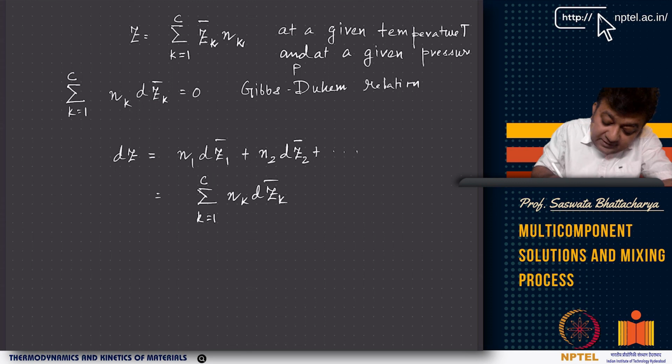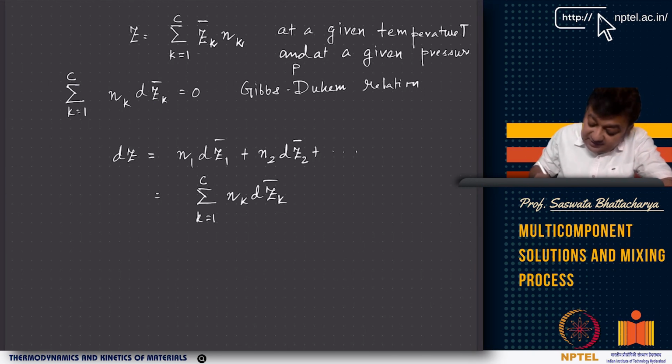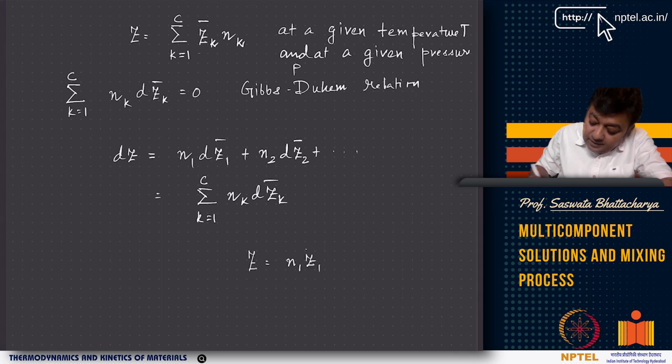This extensive property is a summation of the partial molar properties of the components K, where K can vary from 1 to C, right? So this is a sum of the partial molar properties weighted with the mole number of each component. So basically, if I expand, Z equals N1 Z1 bar plus N2 Z2 bar plus